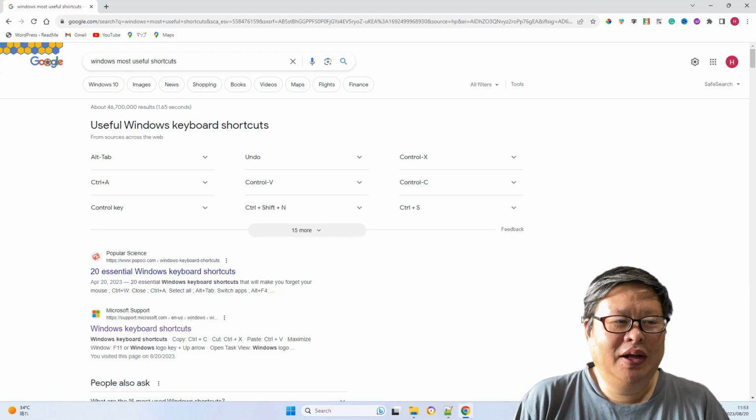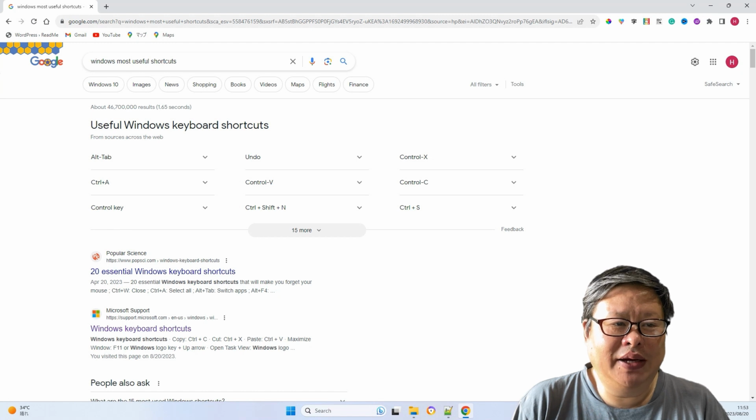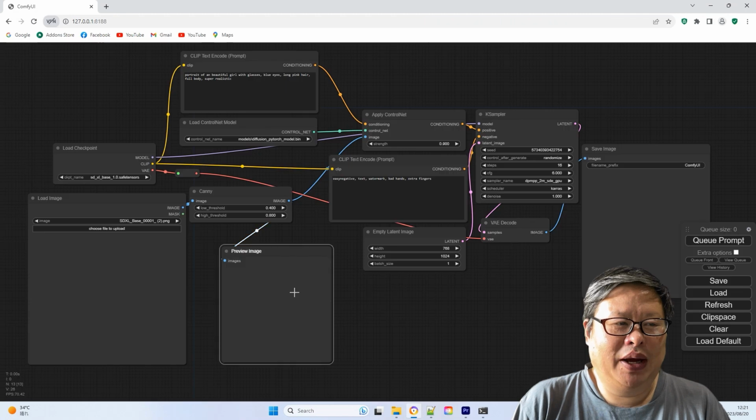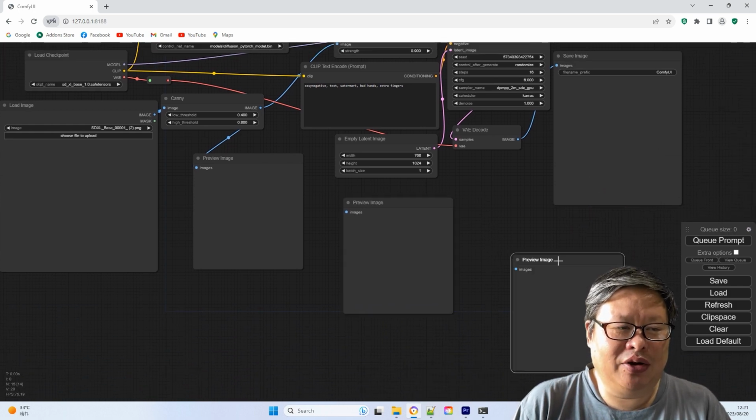Copy and paste. These shortcuts are among the most frequently used functions in Windows, and they are undeniably handy. We utilize them in our daily tasks without even thinking about it. The good news is that we can leverage these shortcuts within Comfy UI as well, but it is not just about using them within a single PNG or JSON file. We can apply them across multiple files.